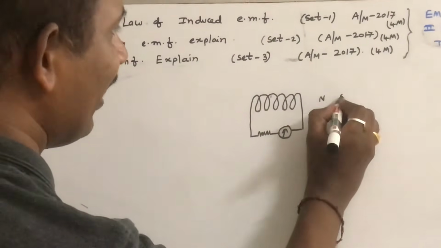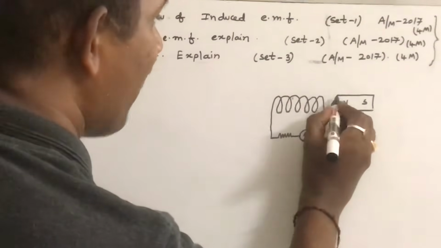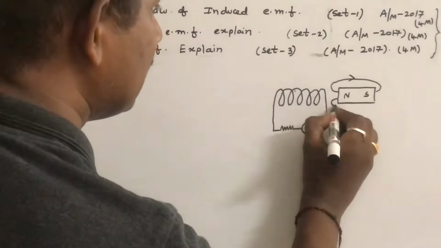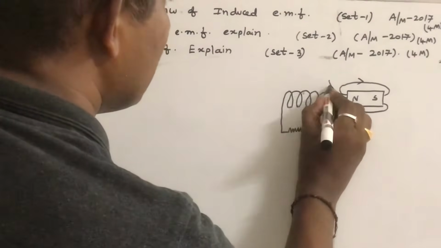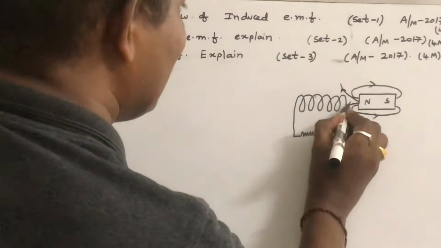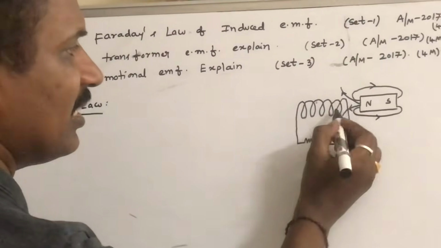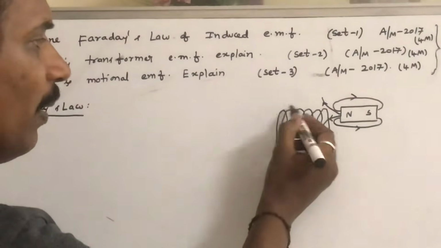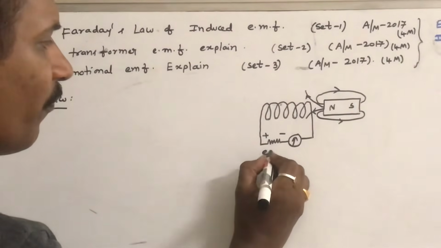If you move a magnet, this magnet produces magnetic flux like this. Once this conductor cuts this magnetic flux, a current starts flowing in this loop. Because of this current, there will be an induced EMF